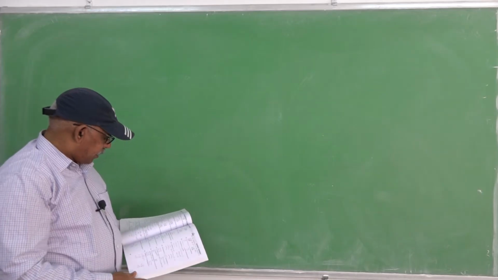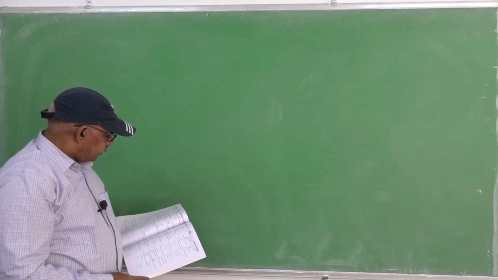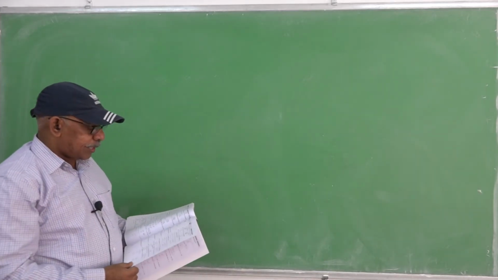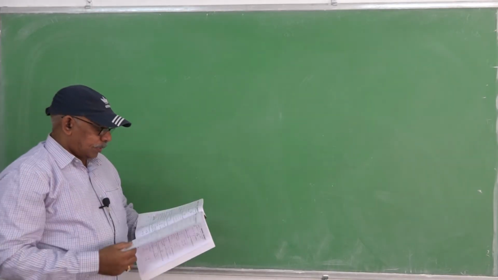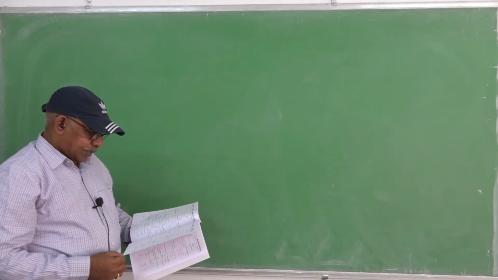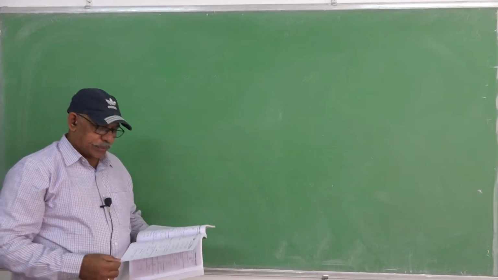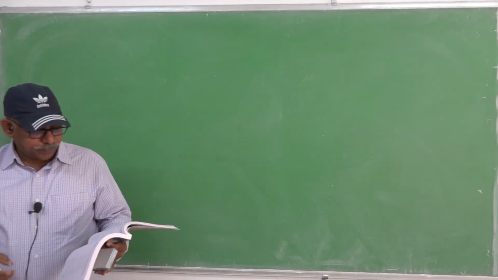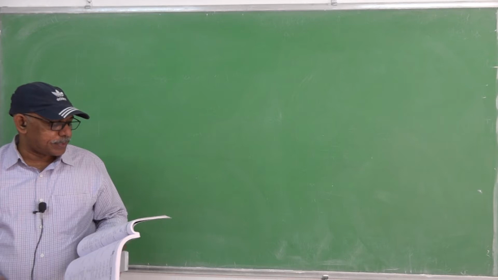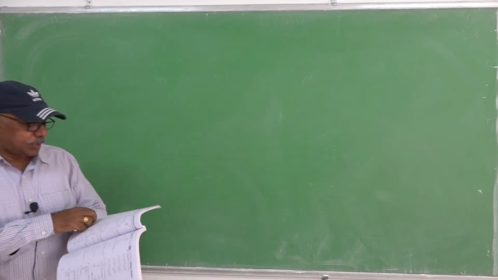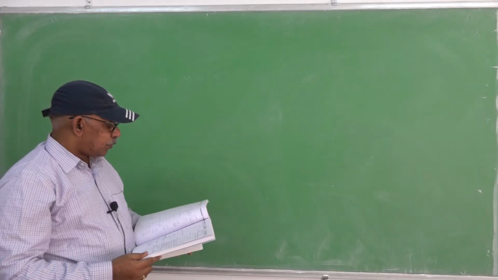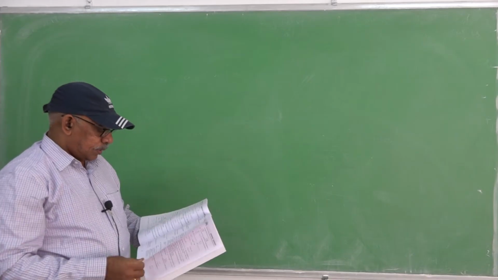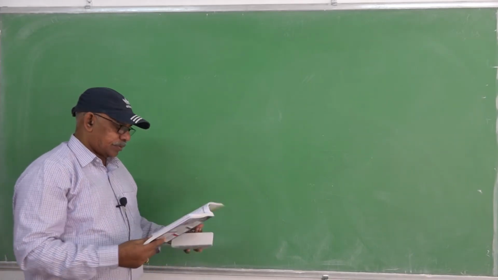Okay. In the previous class, we went through the concepts of greatest term, number of terms in the given expansion, required coefficient of a given power of x in the expansion. These are the concepts that we covered in previous classes. Now I will explain the other, miscellaneous concepts related to this one.